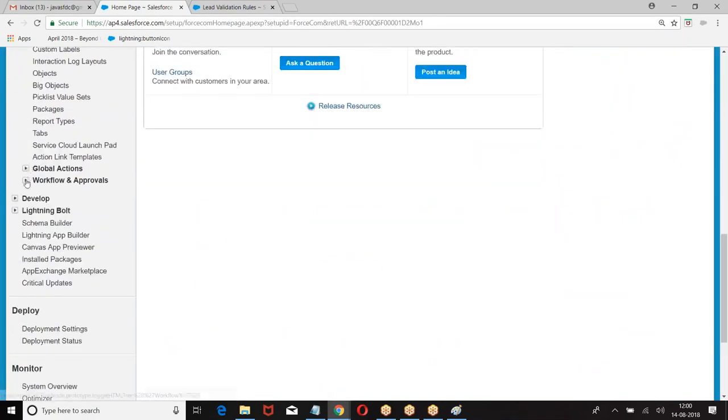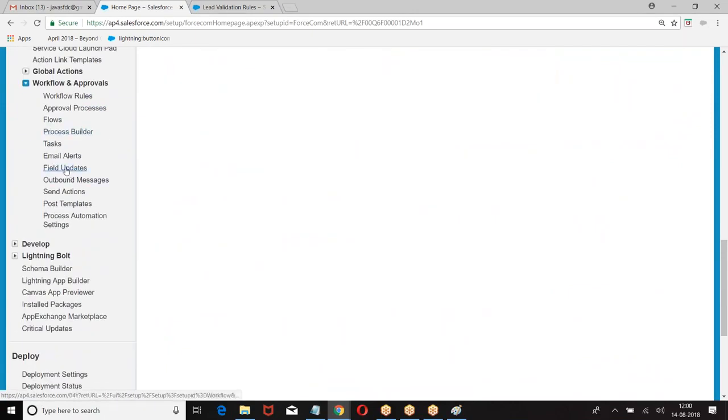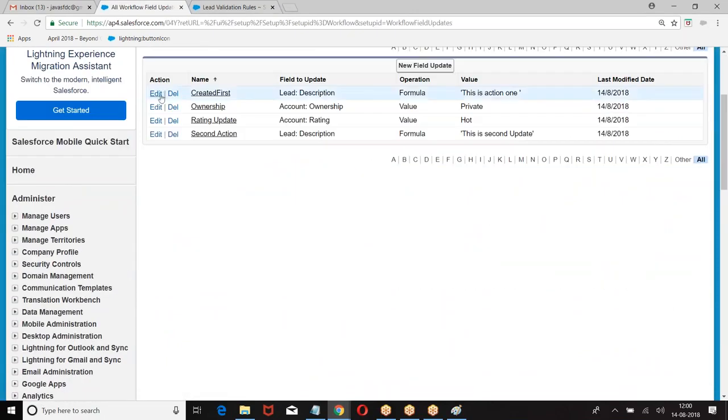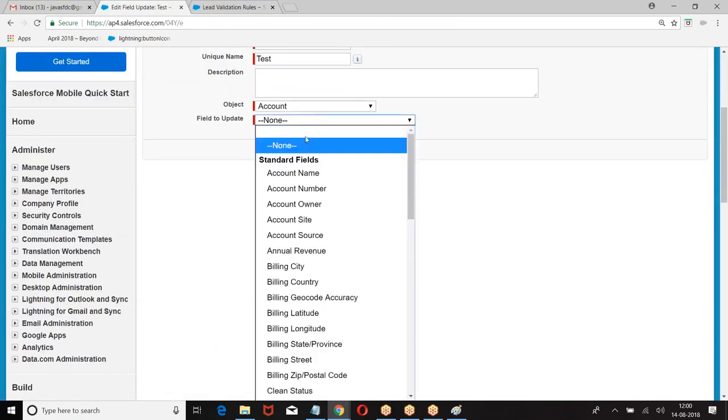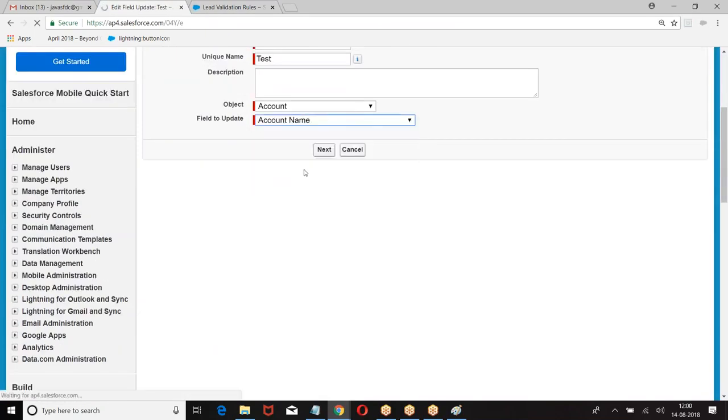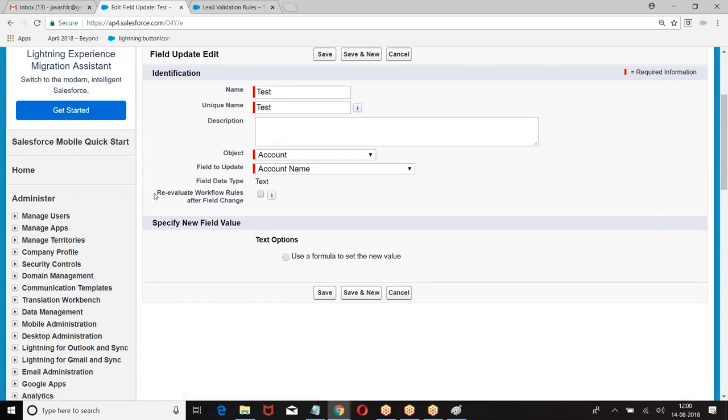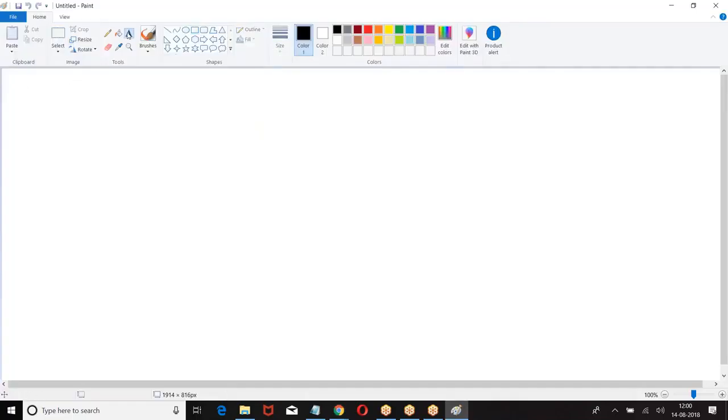Create workflow rules, field updates. What was this? Re-evaluate workflow rule on field update. So this is a very important point. Listen carefully.